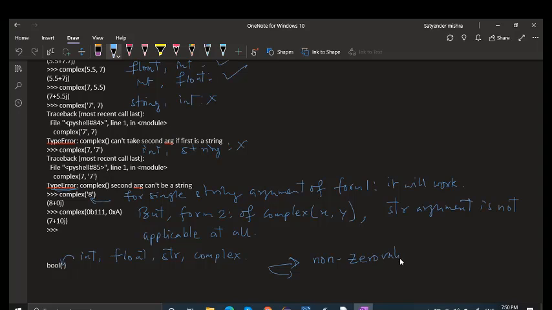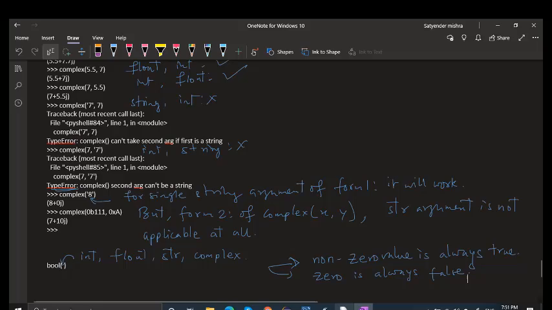Non-zero value is always true. Zero is always false, right? So this is the concept which we are going to use over here.